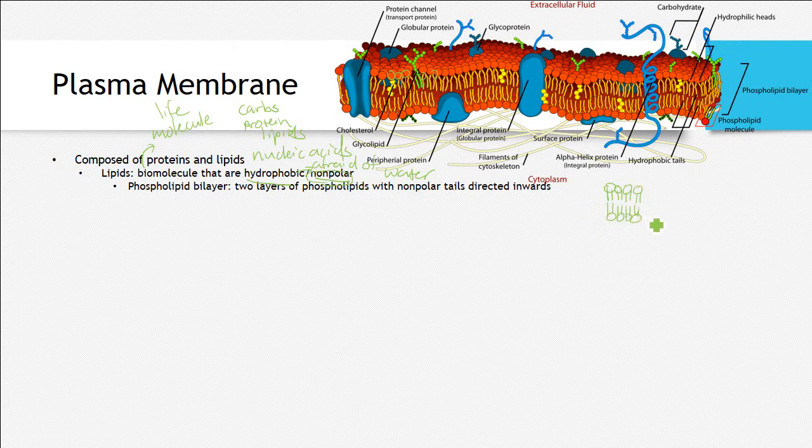Okay. So if we look at one phospholipid by itself, it has a head that's polar. That's the polar head. It makes sense that it's on the outside or on the inside of the cell because it's either going to be facing the extracellular fluid or the intracellular fluid. While the fatty acid tails are going to be nonpolar, and hence why they're going to be within the plasma membrane. It doesn't want to interact with the extracellular fluid or intracellular fluid, so it's going to remain within